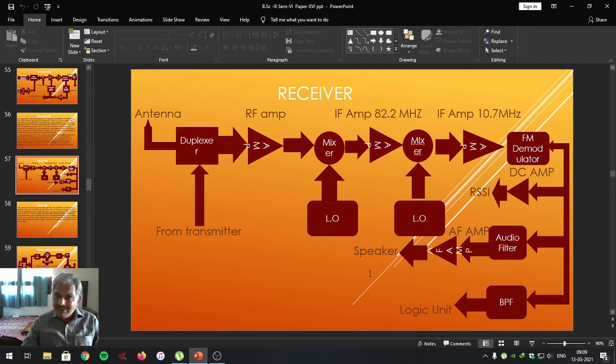The transmitter of the cellular phone from which the signal is transmitted, and the receiver of the cellular phone for which the signal is received, in between them the entire communication takes place in a full duplex manner. And that is the role of a receiver which is used in the cellular phone. This is what one can understand about the receiving block which is used in the cellular phone.